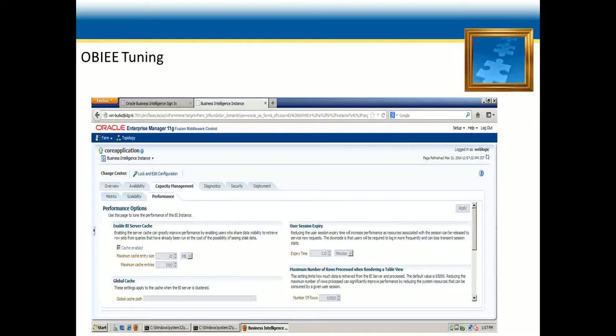If a query is found in the cache, the performance will be increased because the cache has the same query hit earlier. We have a global cache, we have user session expiry, so you can set the user session expiry here on which OBI tuning is performed, and the maximum number of rows processed when rendering a table view.